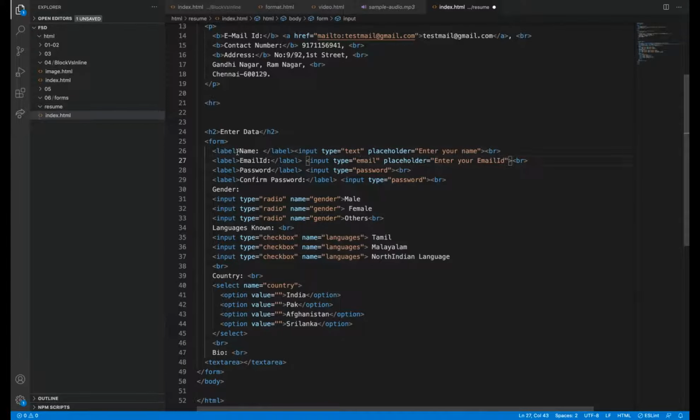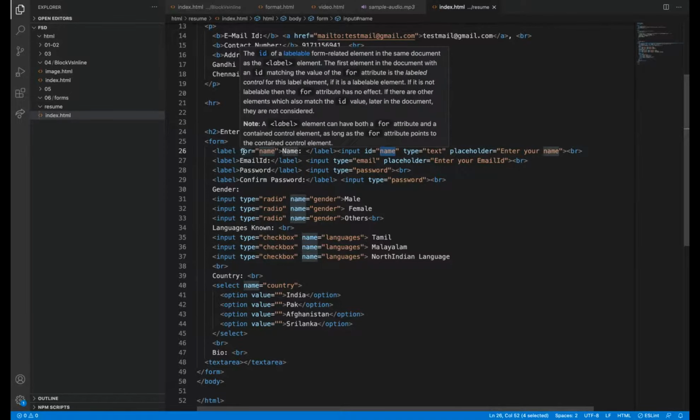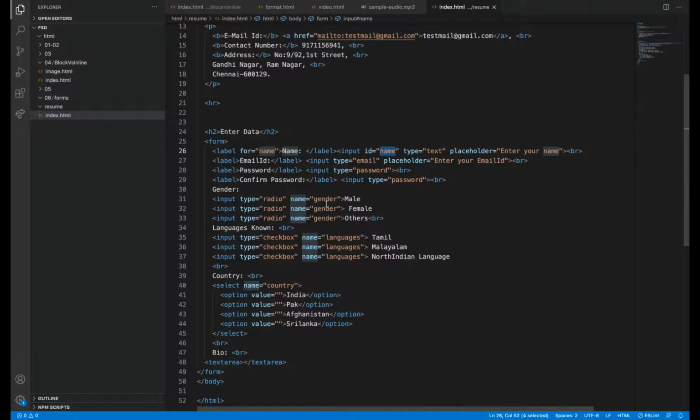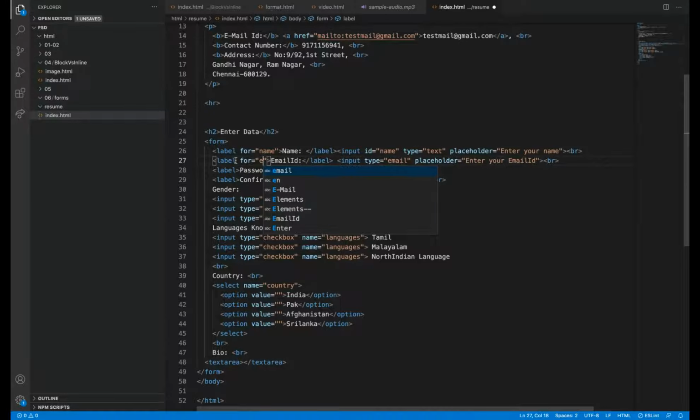To do that, what we need to do is, there is a tag attribute called for. In for, I am giving name, and then here ID equal to the same name what I gave here should become here. We should type the same name for the for and the ID attribute so that it will relate. Let me show it in UI how it relates.